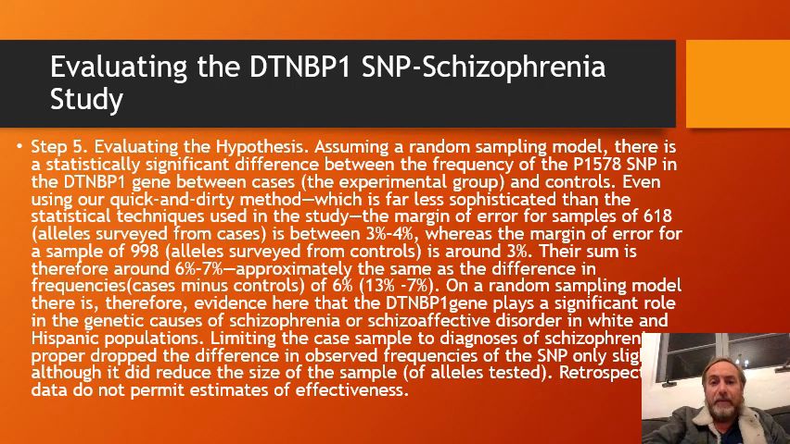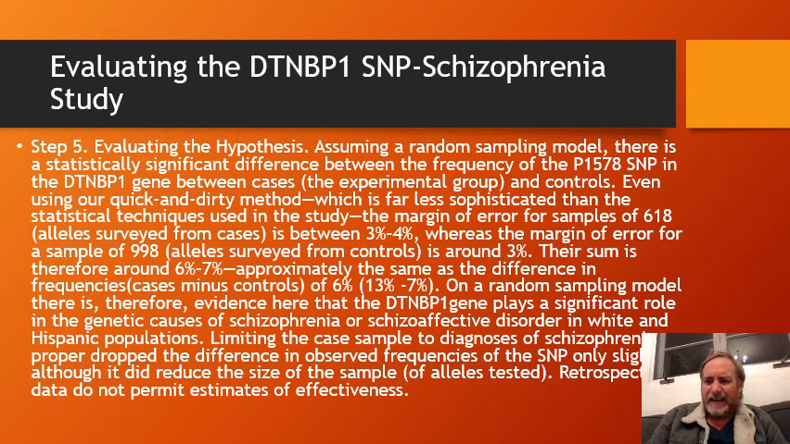Step five, evaluating the hypothesis. So, assuming a random sampling model, they claim, and certainly in this actual study, if you read the study, start off with what they report. They report a statistically significant difference. Now, notice when we do the math, it's kind of close, actually. So the margin of error for a sample of 618 is 3 to 4%. The margin of error for a sample of 998. And again, notice this is allele, so it's like double the number of people, because you have